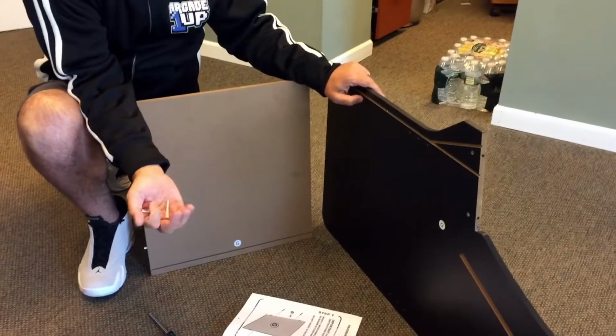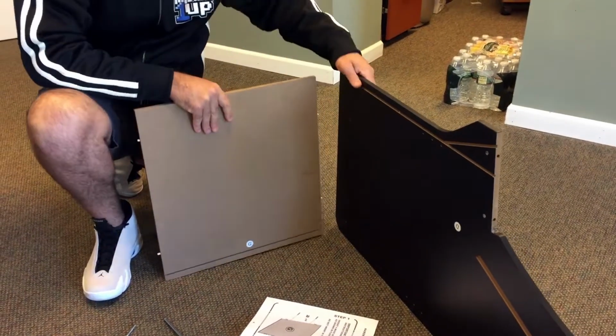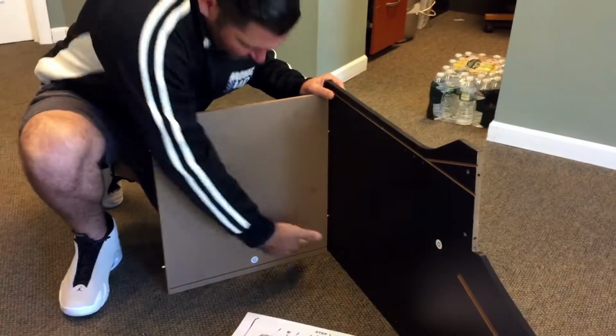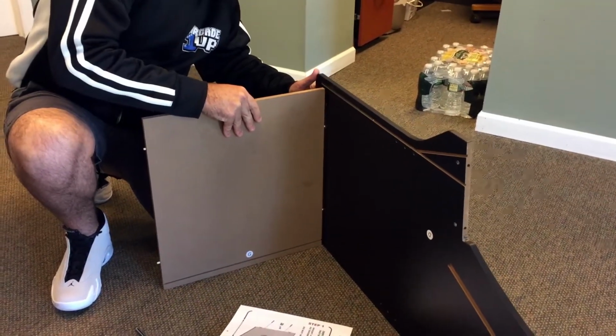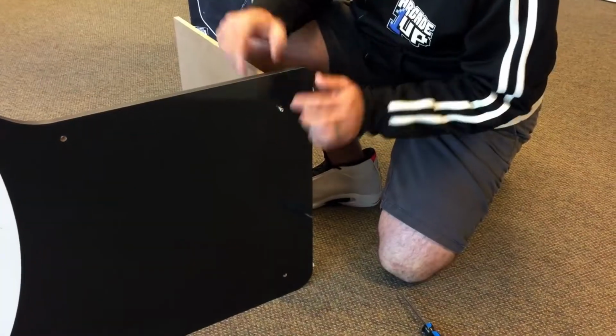Step 2, you're going to use 2 B screws, bottom G and panel D, and you're going to insert panel G, keeping the groove to the bottom, into side panel D. You're going to take 2 screws,